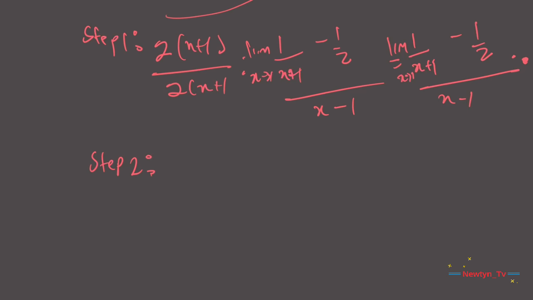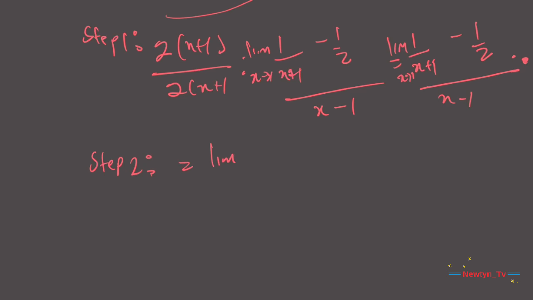So what we are going to do in step 2 is to multiply through the numerator. Do not multiply the denominator, as we did before. We do not want to multiply the denominator because we want to be able to cancel out the factors, which is step 3. So here we just multiply the numerator and leave the denominator as it is. When we multiply the numerator, we should be getting